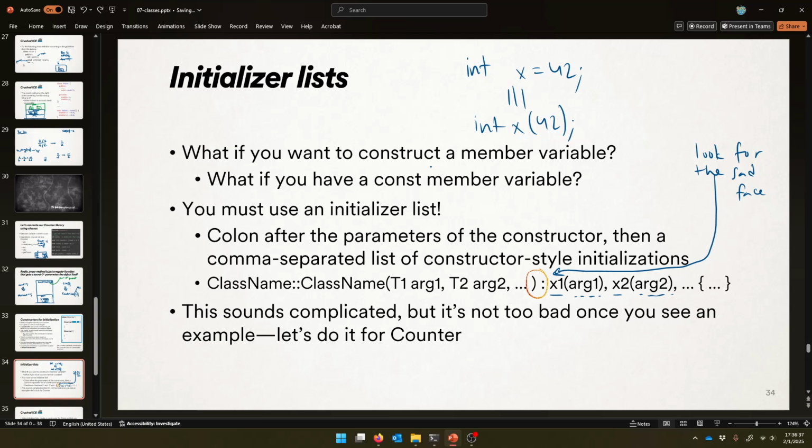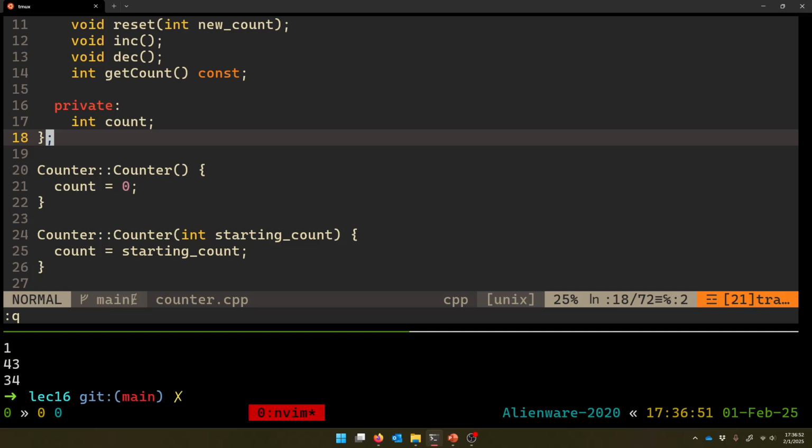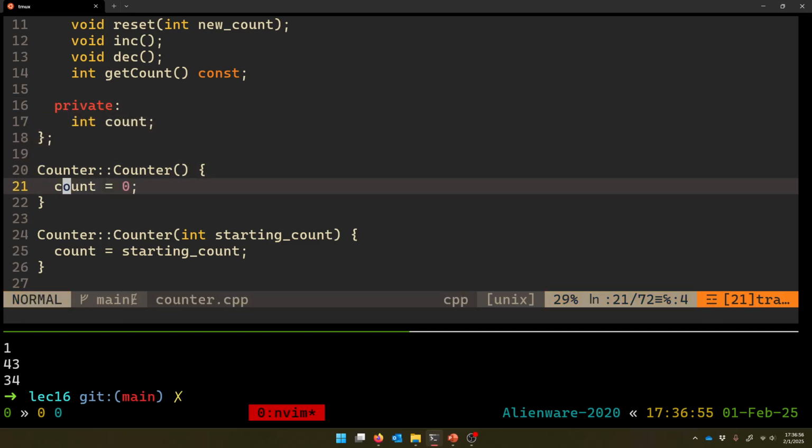Which means that you could set your member variables, even if they're ints, in this kind of syntax. All right? I promise with an example it'll make a lot more sense, but that's what you need. That's what initializer lists give to you. They let you do some initialization that you could not do otherwise. But we can use it to initialize our ints for fun, even though you don't really need that. So here